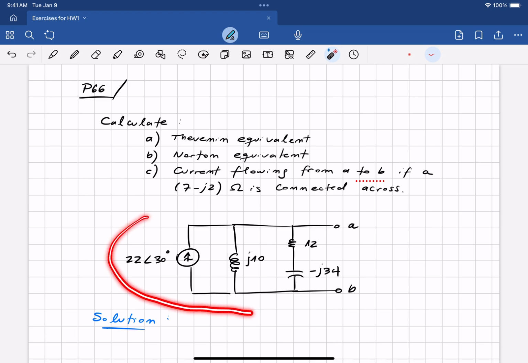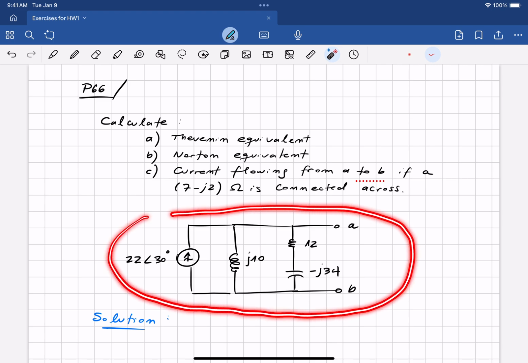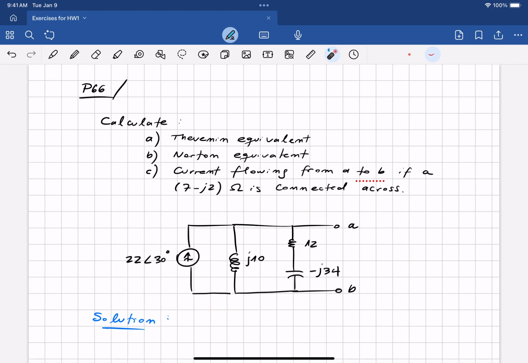The circuit given here is already in the phasor domain. So in general, there is an intermediate step, or a step number 0, to get here, which would be to transform all these elements into impedances. It's assumed that all of these are ohms, and also it's assumed that this current source has a magnitude that's an RMS value. That's the assumption that we're going to use throughout the course,